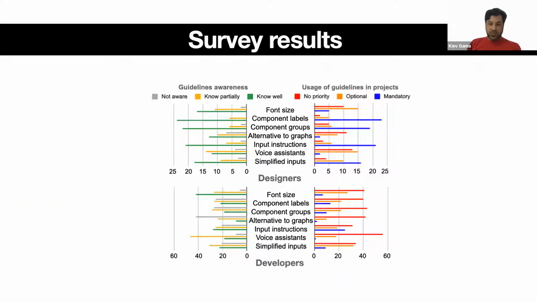So, quickly on these results, I'm not going to go through every result here, but if you see the horizontal green lines about awareness on the left side, designers are much more aware of these guidelines. And in terms of requirements for the projects as mandatory, you see the blue lines on the right side. Designers also see it as more mandatory, more priority than developers, although developers reported in interviews